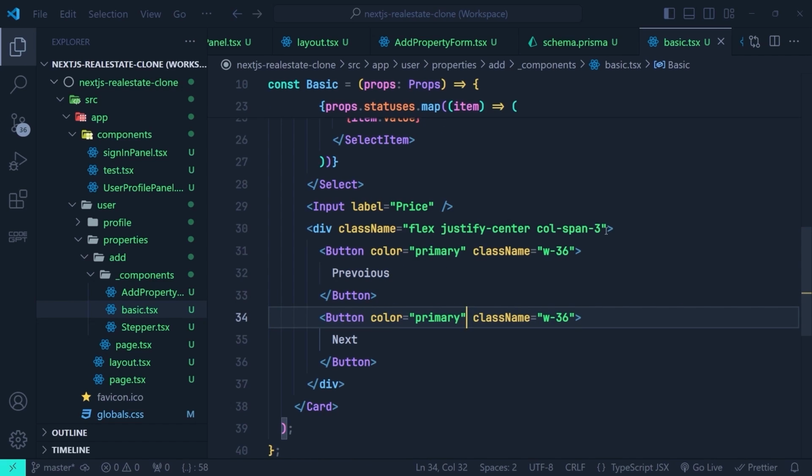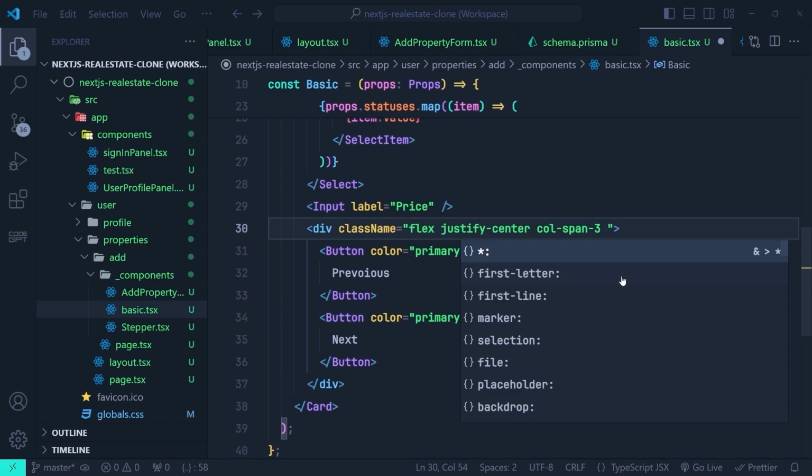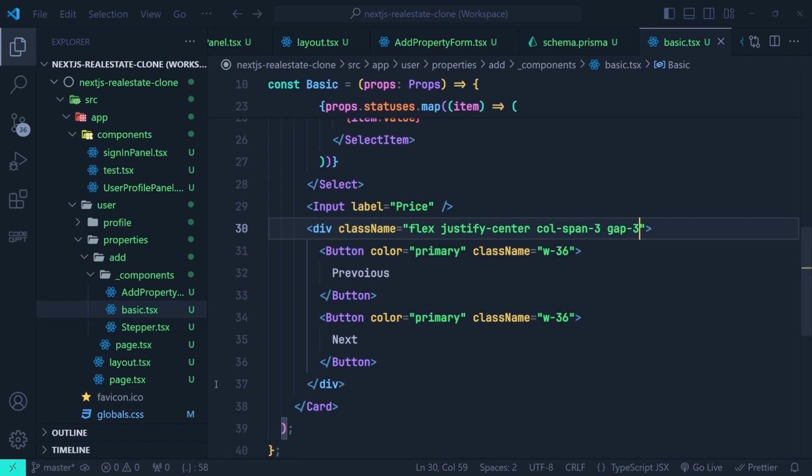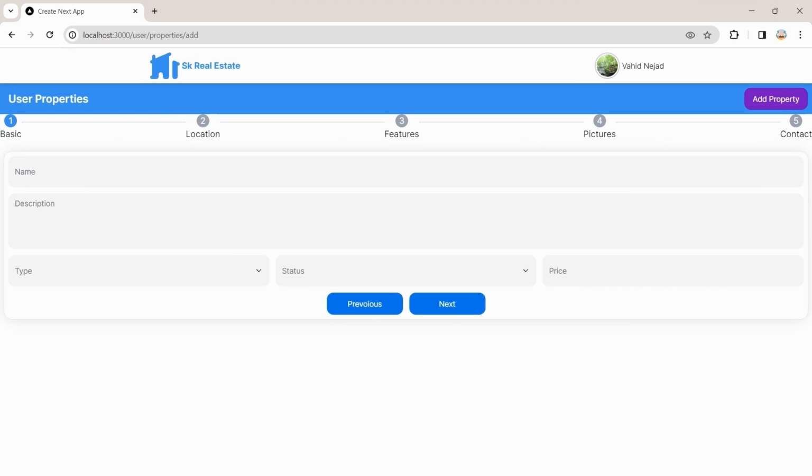Let's save this, and here in the parent div let's put a gap between the elements. So I put gap 3 for the gap between these two buttons. Let's get back to the browser. Now we can see the width of the buttons is the same, and now we're going to add an icon